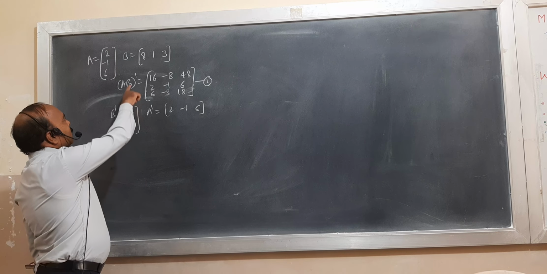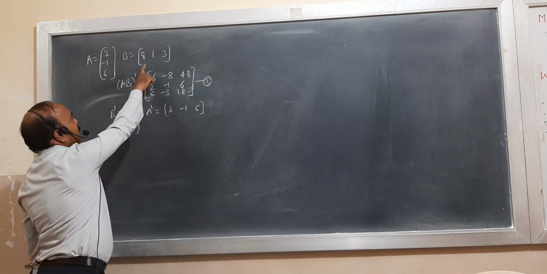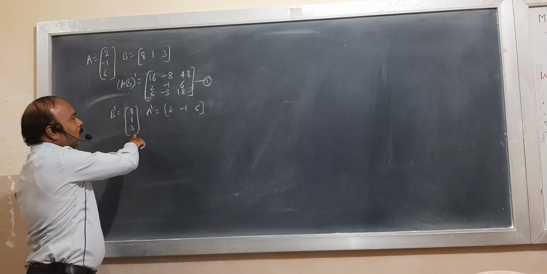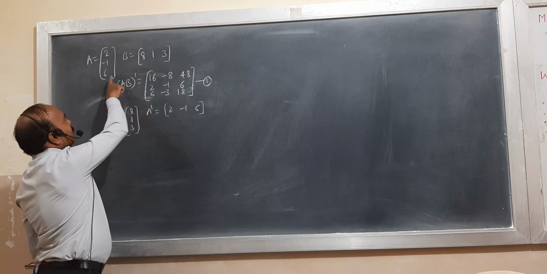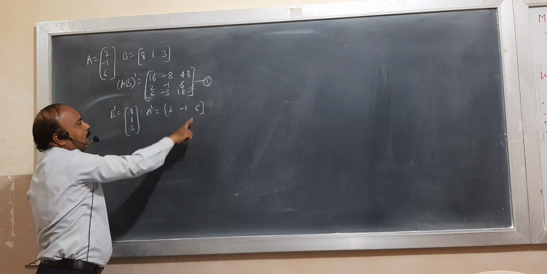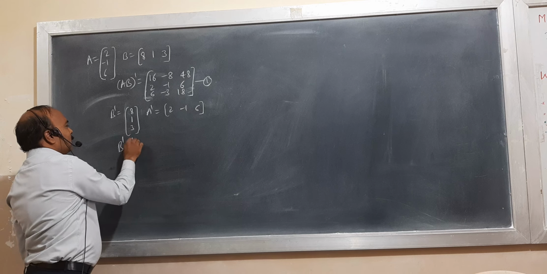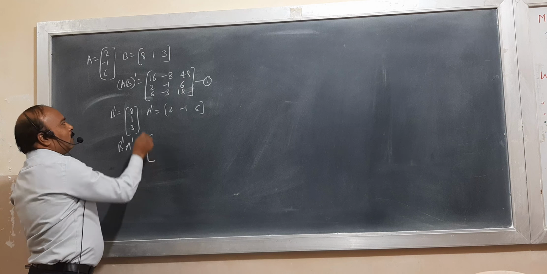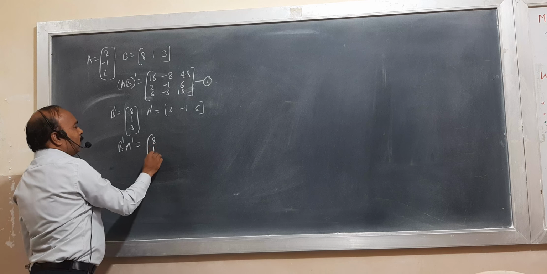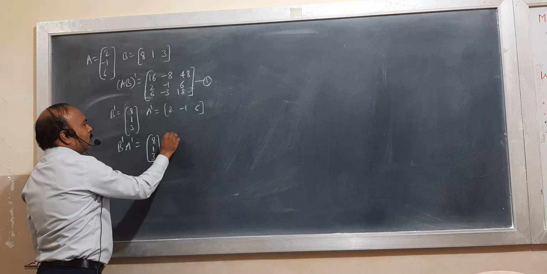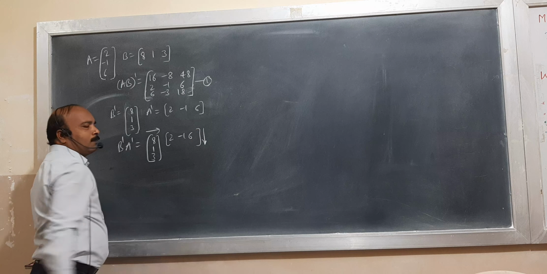After that, we calculated B', that is the transpose of B, that is 8, 1, 3. It is a column matrix. Similarly, A', this column matrix changes to a row matrix, 2, minus 1, 6. Next, let us verify B'A'. Now you start row with column, that is 8, 1, 3 into 2, minus 1, 6. Row is multiplied with column.